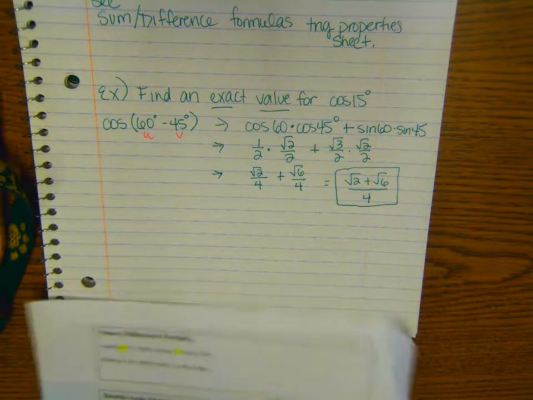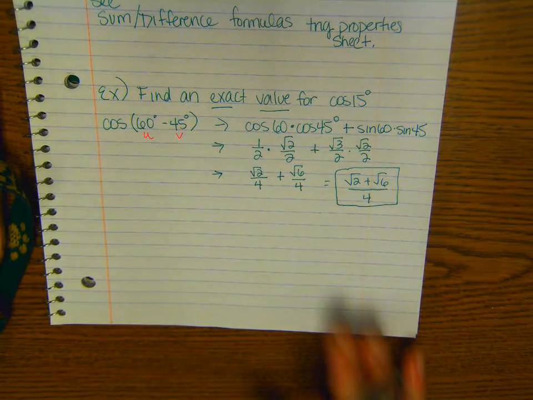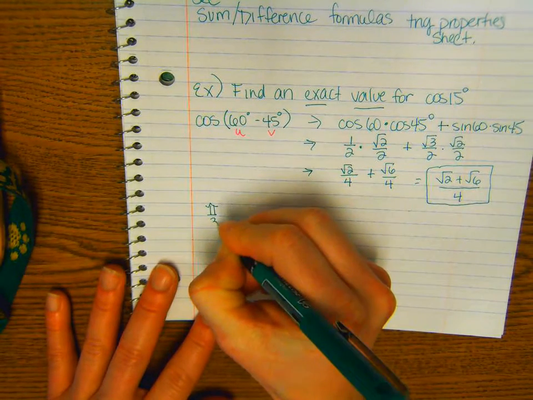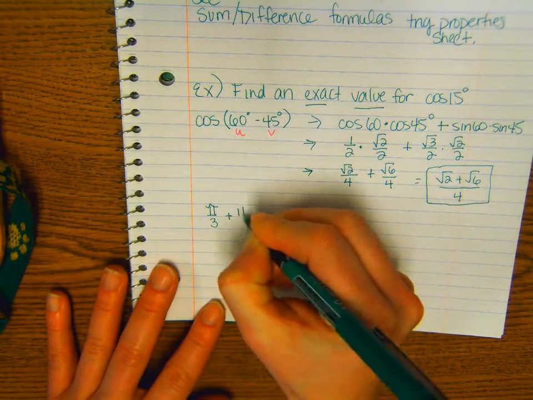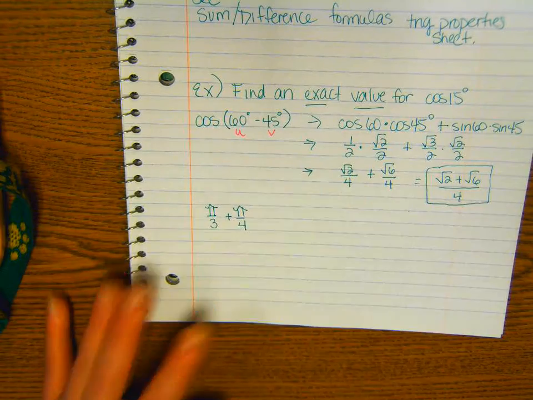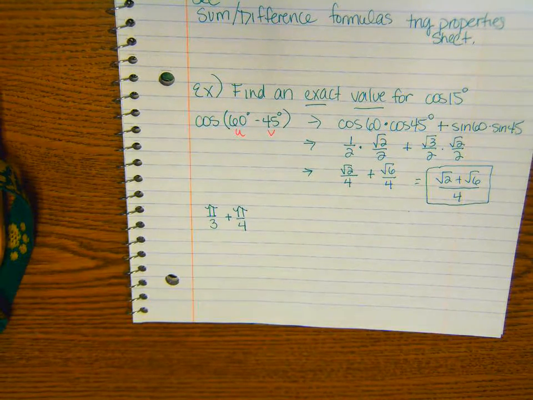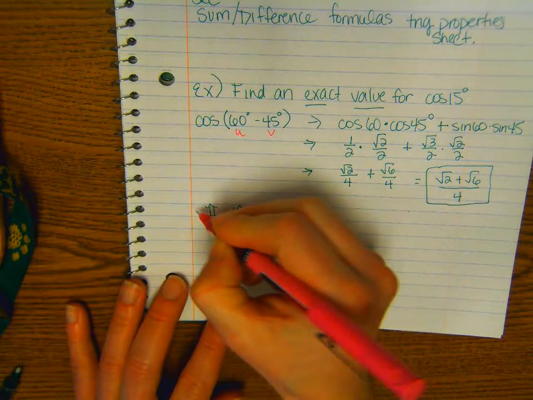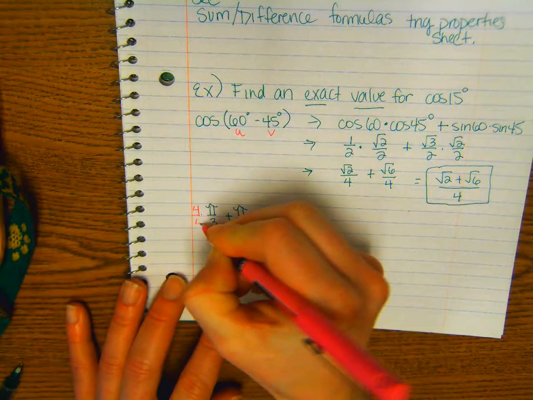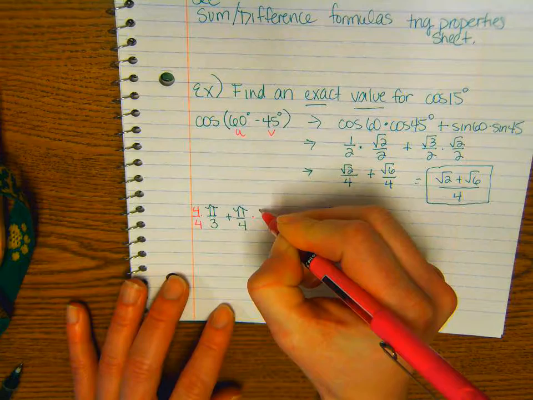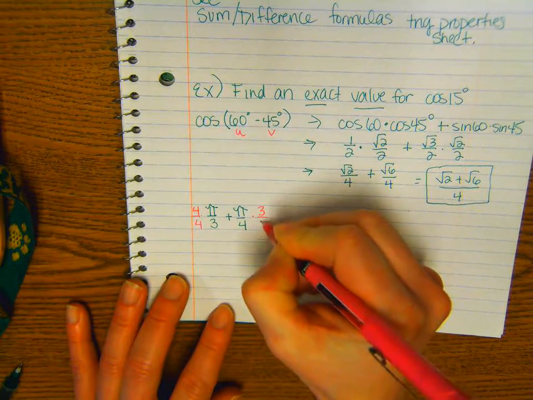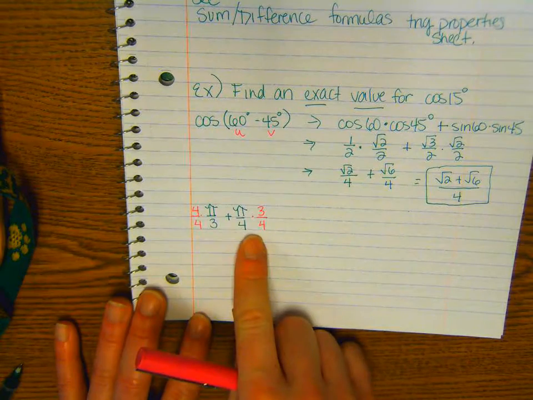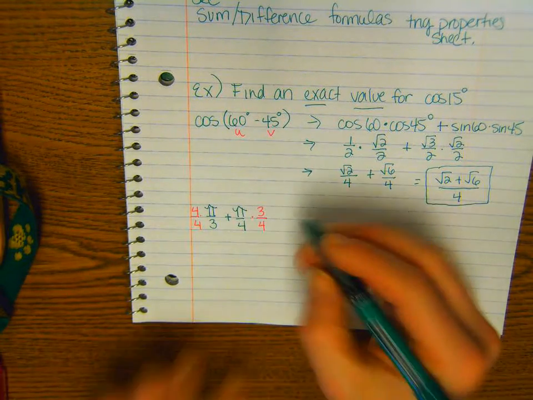If I asked you to add pi thirds plus pi fourths together, because aren't those things on the unit circle? You would find a common denominator, so you'd multiply this by 4 over 4, and what would you multiply this by? 3 over 4. And then do you see I get 4 pi 12 plus 3 pi 12, which is,